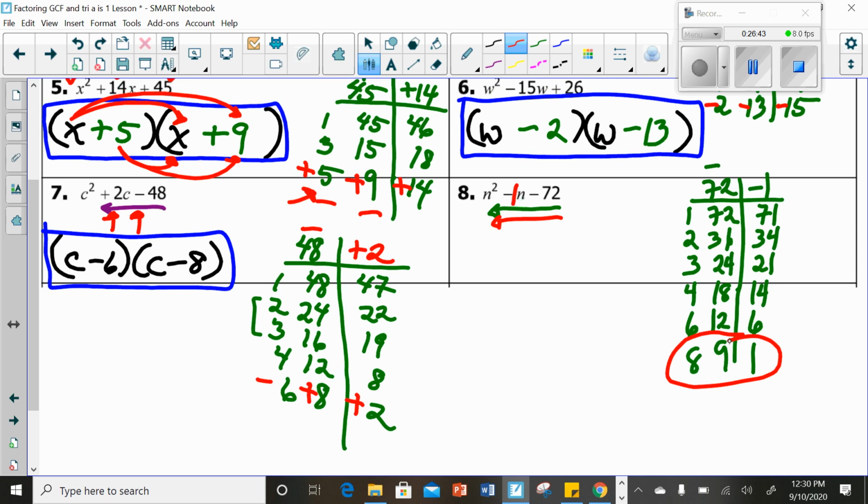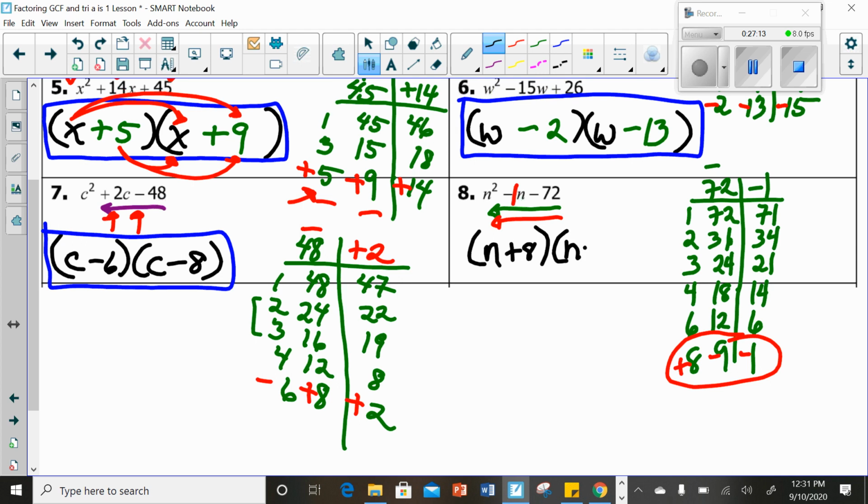You could have just had what I circled in red in that T-chart, and that's fine. You don't have to go through the whole thing if you know it immediately. So this is the minimal amount of work that we require. The sign of our 1 is negative. The bigger of the 2 carries that sign. So all you have to figure out is the sign of the 8. The 8 is going to have to be positive for it to combine with -9 to make a -1. So then write your binomials. You get n plus 8